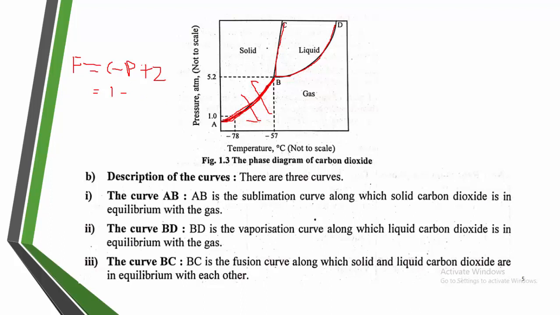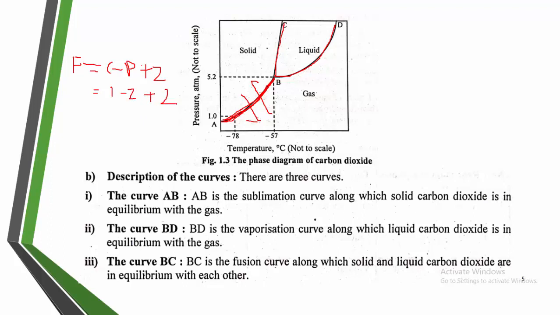If I would like to find the state of this point on a curve, how many phases are there? Because I was told that A and B, the solid line, indicates that both are in equilibrium. When the equilibrium is there, solid is in equilibrium with the gaseous, means they are in 2 different phases. One is the solid phase, second is the gaseous phase. Phases are here 2. You are getting my point?